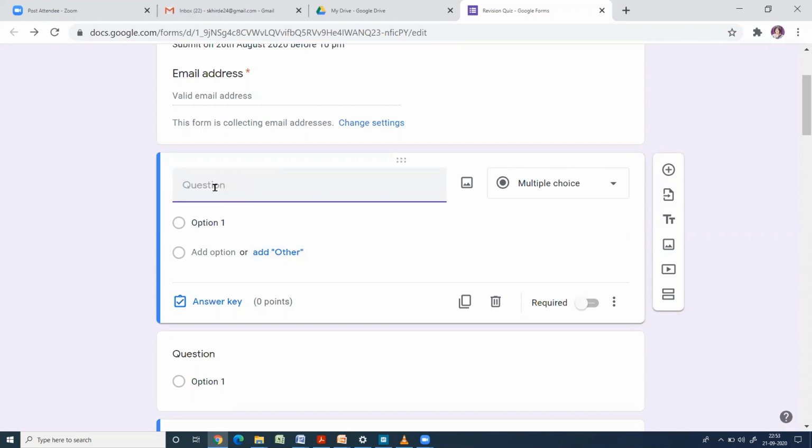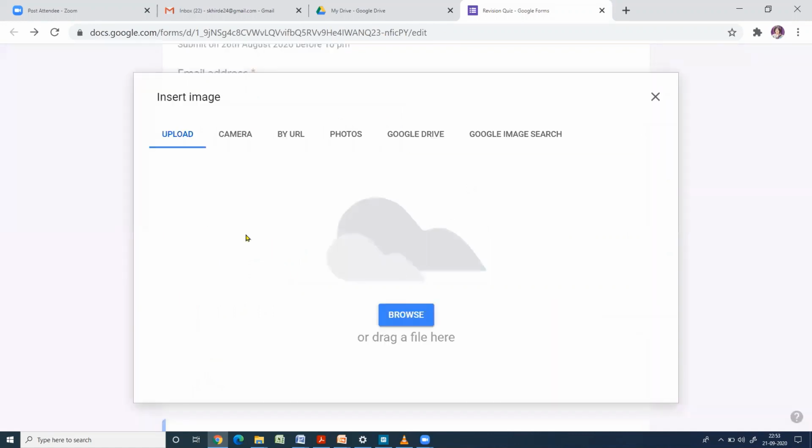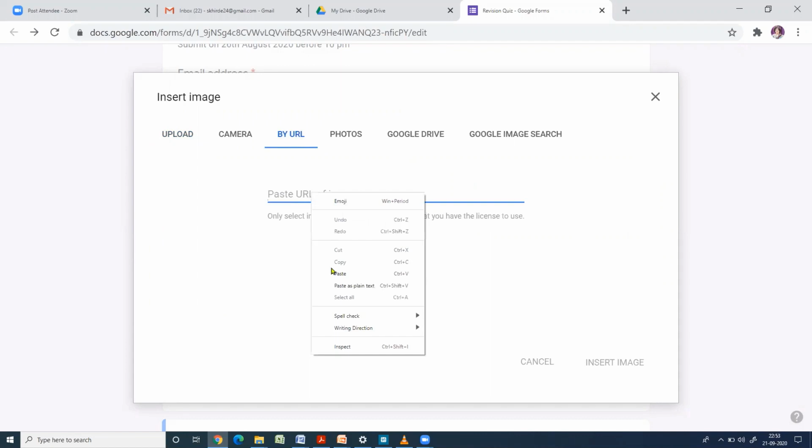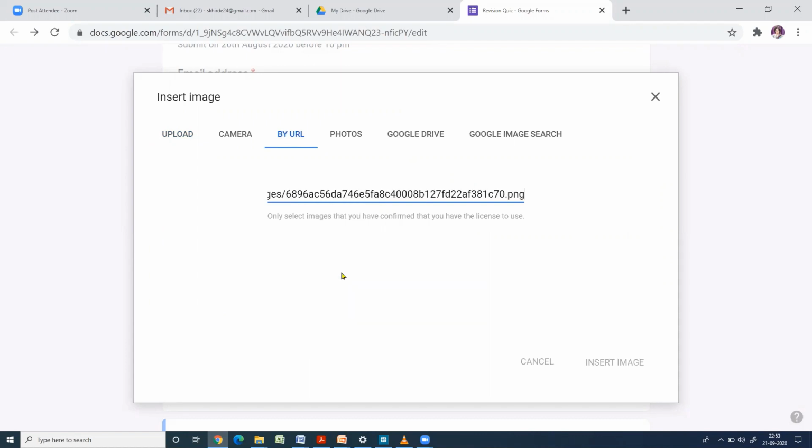So what I will do, I will click here, click on this symbol, then here click on by URL, and at this place you can click on paste. Right click and click on paste or Control V. So you can see this equation here. Then click on insert image.